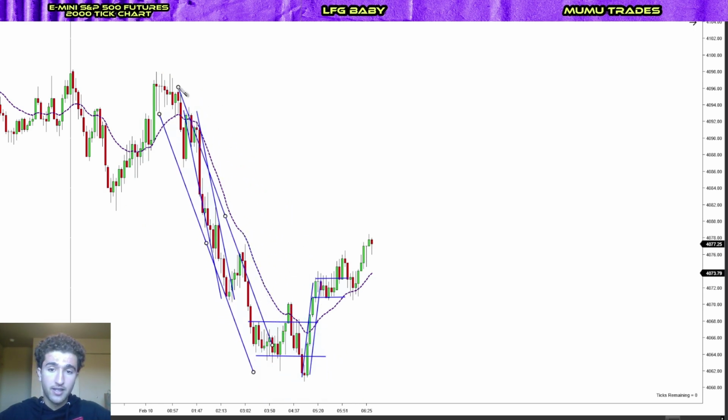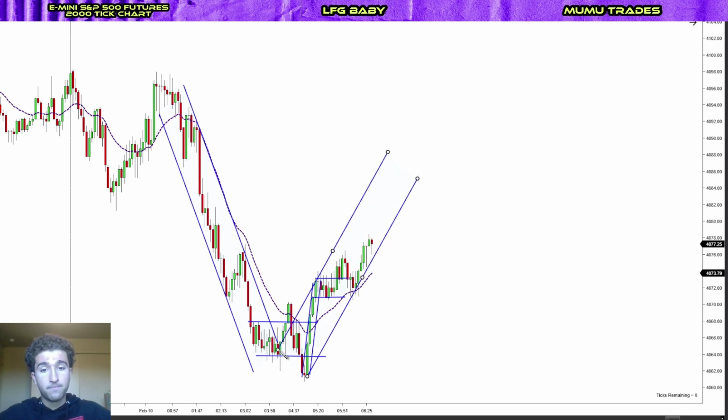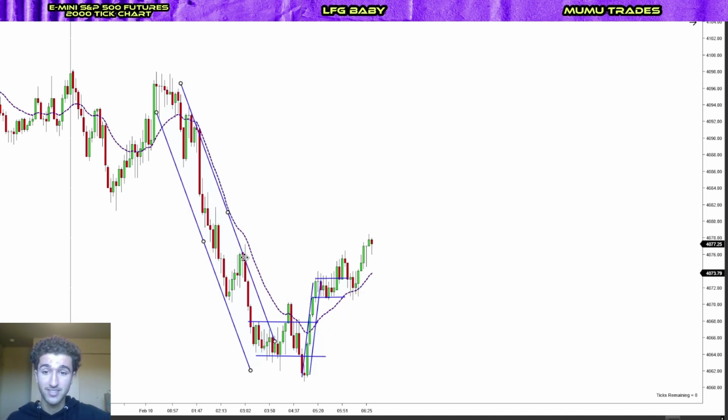Something like this, because it still illustrates we have a downtrend, a break, and a new low, followed by a short-term uptrend, break, new high. We could also start drawing something like this, but because there's no confirmation on the top of the trend line yet, I stay away from drawing anything wide until we have several confirmations, because in my eyes, even in this uptrend, after we had a break and a new low of this downtrend,